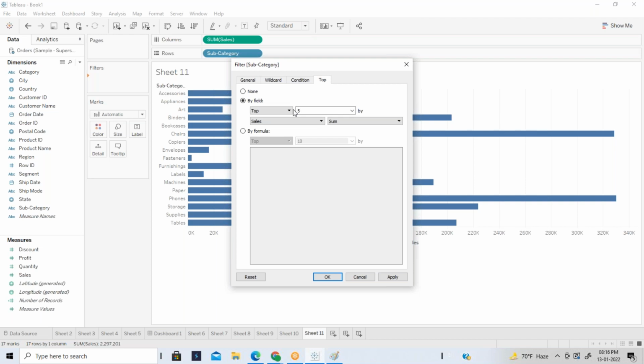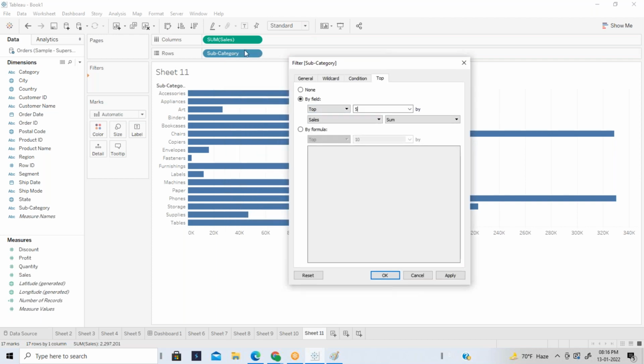Just remove this 10, make it top 5, and make sure that the measure you selected in the sheet is the same value. You have to just check that. See, normally top 5 means top 5 products based on the profit or based on the sales or based on the quantity.